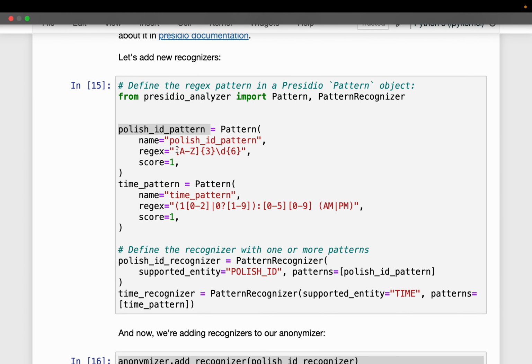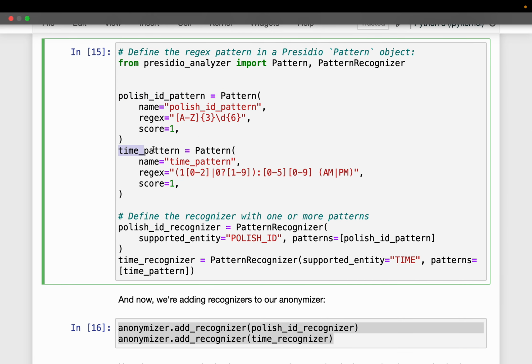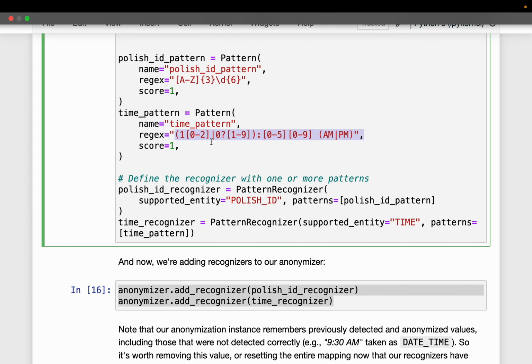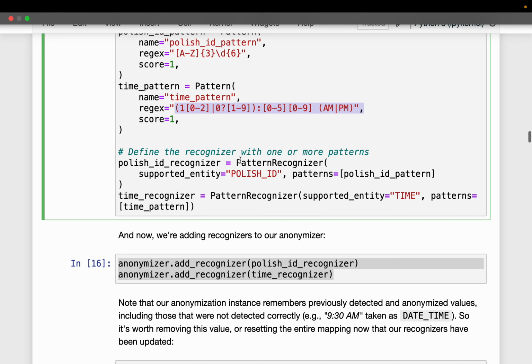So here we are simply saying, hey, I'll have 3 alphabets followed by 6 digits. Okay, so that's my Polish ID pattern. And then here we have a time pattern, which is hours, minutes, and AM and PM, right? So that's this pattern.